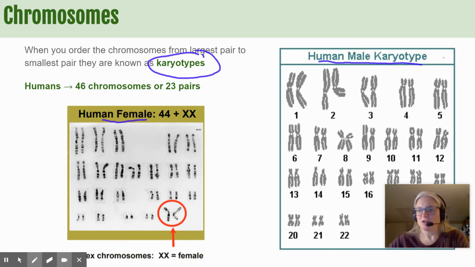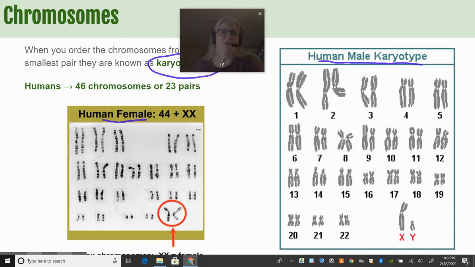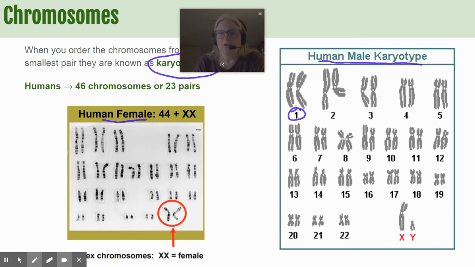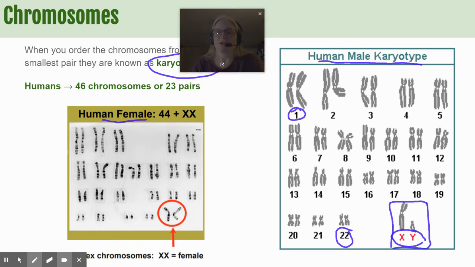Now, my picture is in the way of something very important, so I'm going to move me over here. Excellent. Okay, so you'll see there's 23 pairs or 46 chromosomes in total if you were actually going to count them all. I'll use the male one because it's been counted for us. So there's your first pair here, your 22nd pair, and then here's your 23rd pair. Now they didn't use the number 23 to represent this because these are the sex chromosomes. These are determining the sex of the organism. So we refer to these as the X and the Y